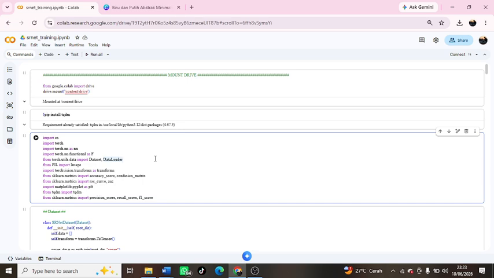The PIL and Torchvision transform libraries are used to read and convert images into tensors. In addition, several functions from scikit-learn are used to calculate evaluation metrics such as accuracy, precision, recall, F1 score, ROC curve, and AUC, which will later be used to measure SRNet's performance in detecting hidden images.